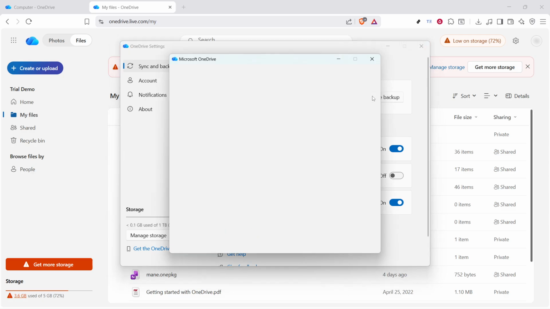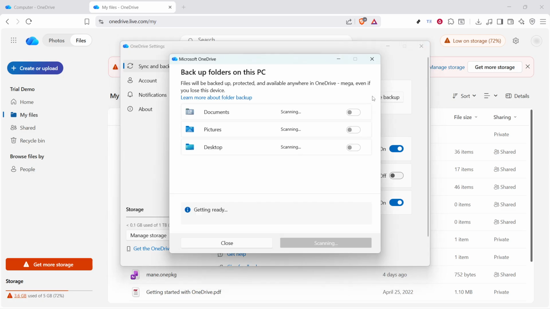This opens the backup management screen where you can see which folders OneDrive is currently protecting. In many cases, the Pictures folder is included here, and that can cause screenshots to be uploaded automatically, especially if your system saves screenshots into that folder. At this point, turn off Pictures. This tells OneDrive to stop backing up the Pictures folder, which also stops the automatic saving of screenshots there through